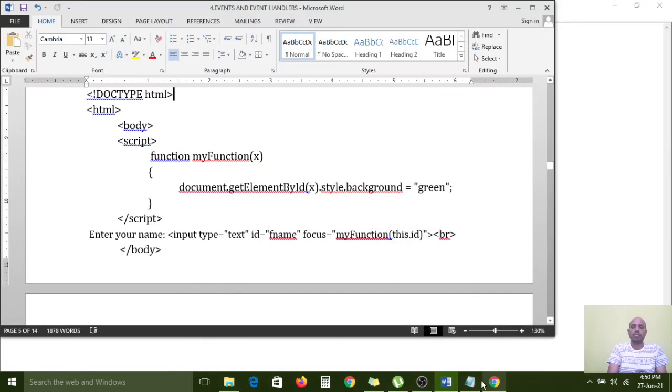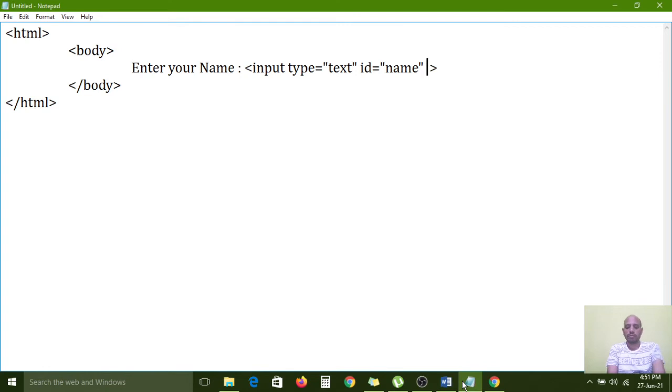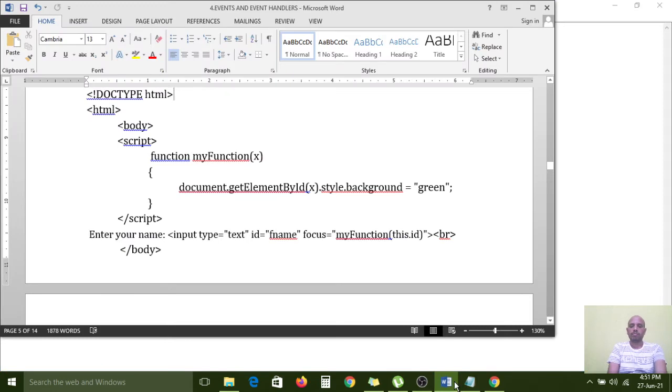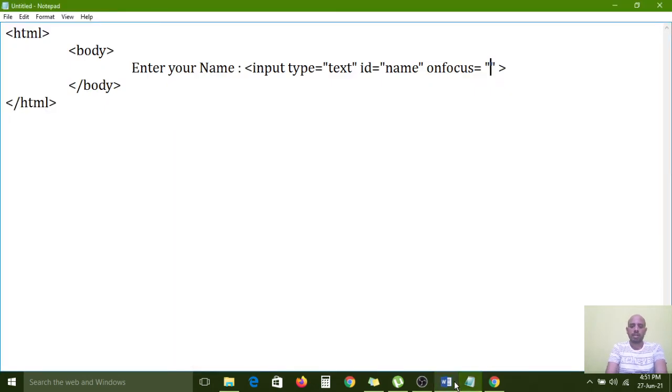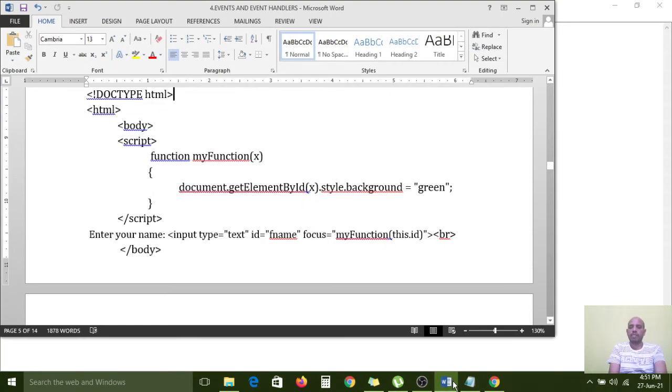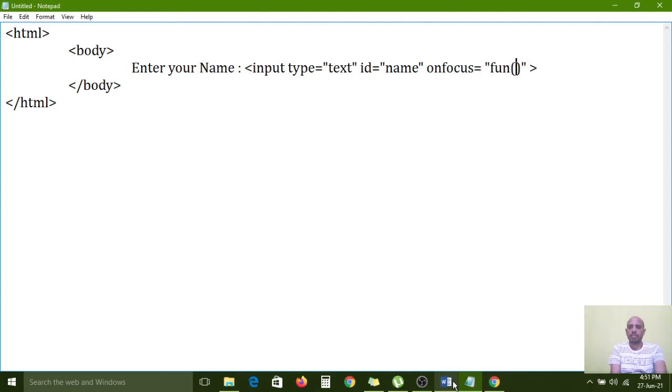For the onfocus event we have to write onfocus equal to my function. In the function we have to pass the parameter this.id.